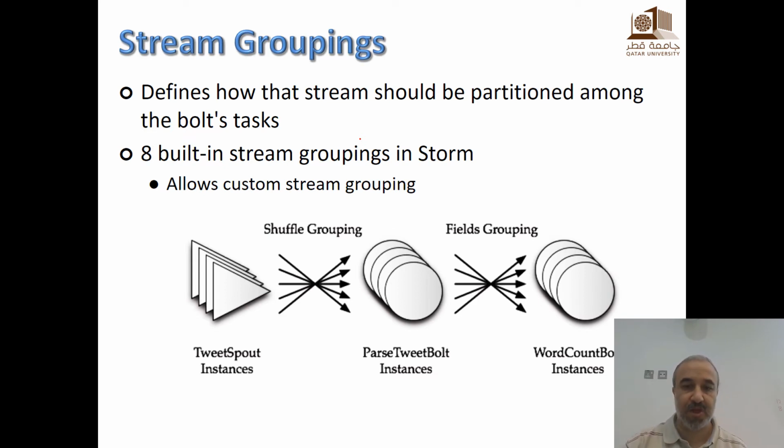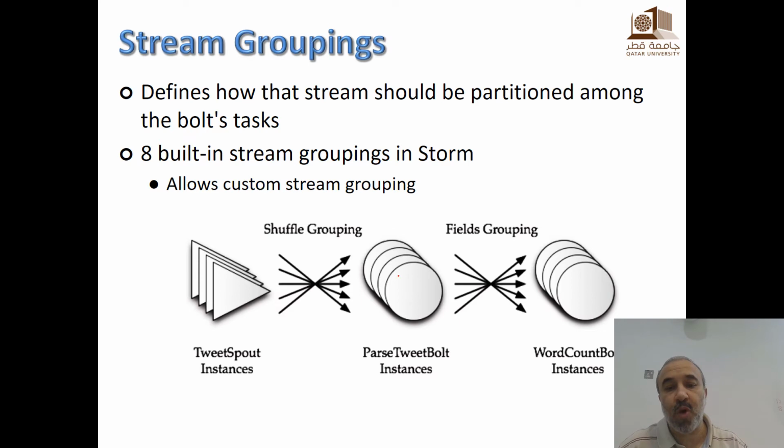First I want to make sure that you understand what we mean here by groupings. Groupings here means that we need to know how the tuples from one spout or one bolt will be partitioned to the next bolt, which means how the data is transferred between 2 components in each link in the topology. Because remember that these are running in parallel.